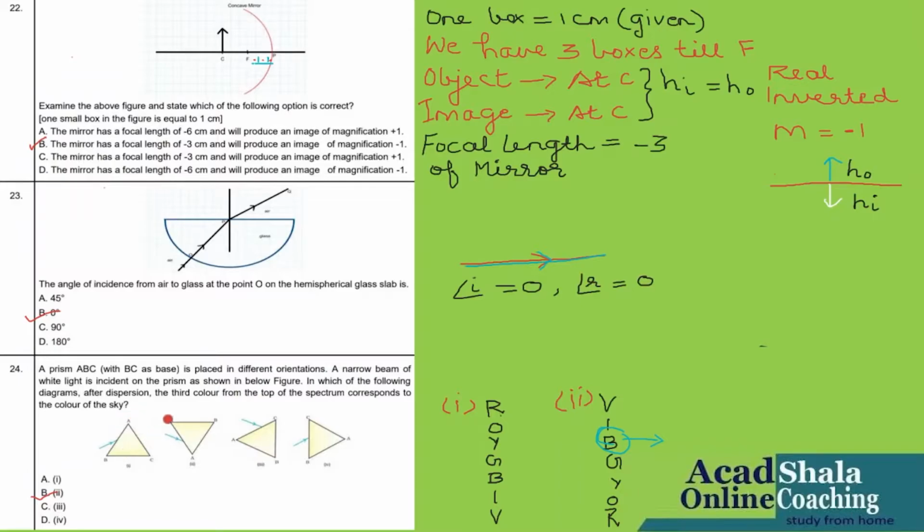Okay. Now, if you have read this question, first of all, keep it in mind that they are saying something in relation with the color of the sky, and we know the color of the sky is blue. Now they are saying that from the top, the third color needs to be the color of the sky. That means it needs to be blue. Now let us see among the four options which will be the correct one.